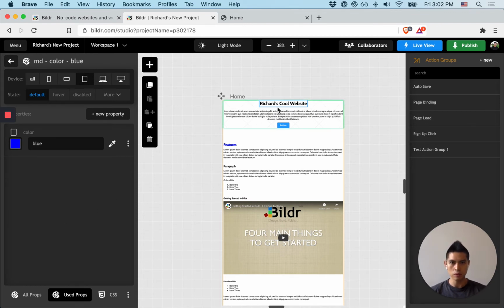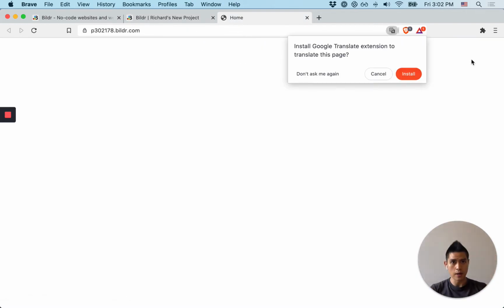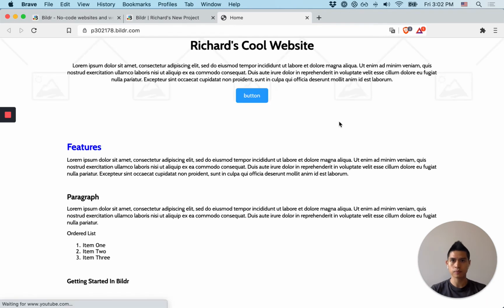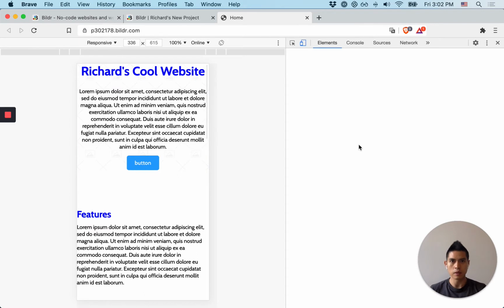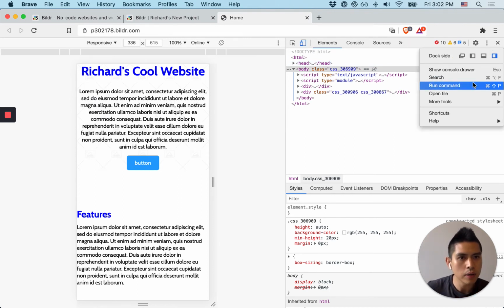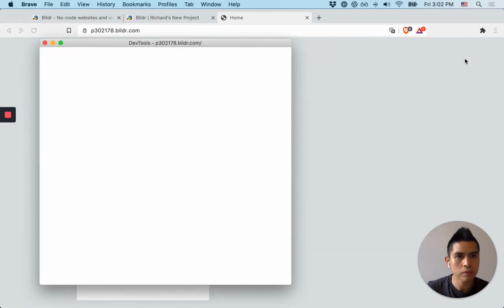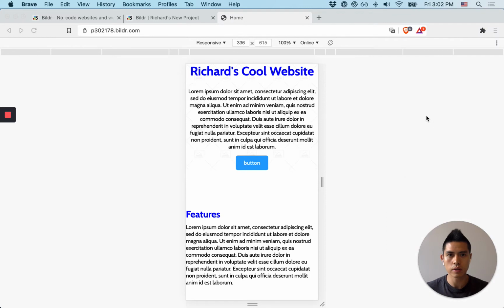Okay, so cool. That's as expected. It should stay black. Now let me go over here, just refresh just in case. No, I'm not trying to translate. And let me open up my mobile view. And you can see it already here, but let's just go. Okay, so let me pop this bad boy out. Okay, move that over there, over here. And then this, you can expand it